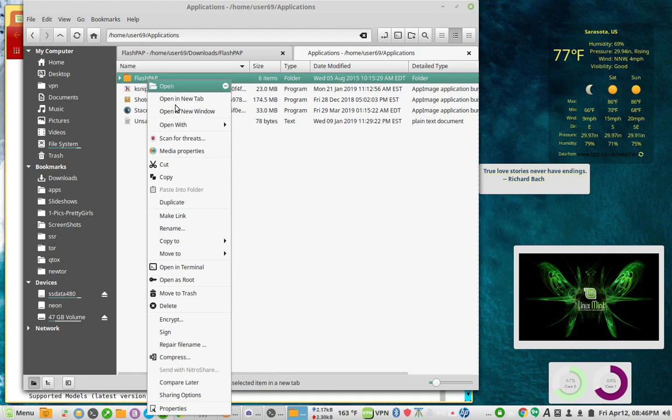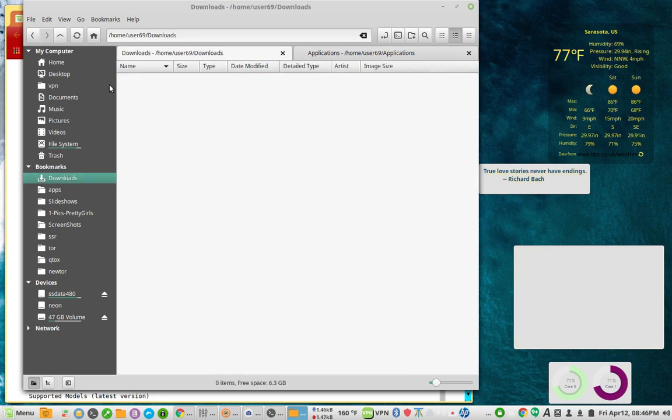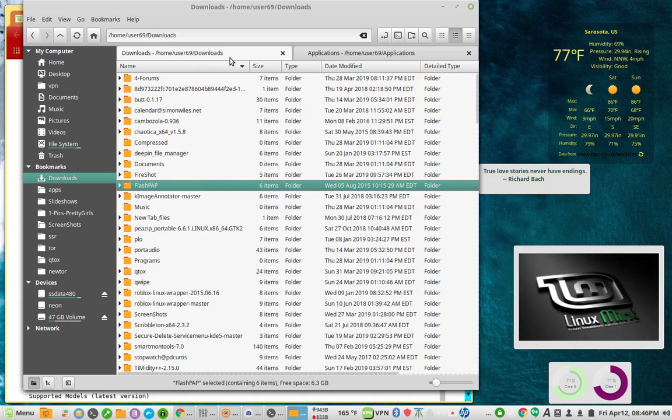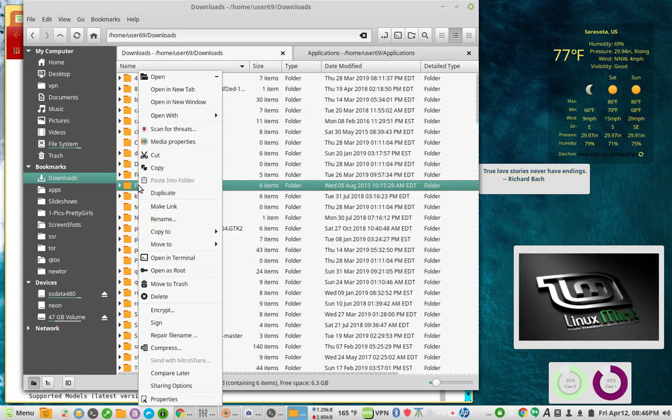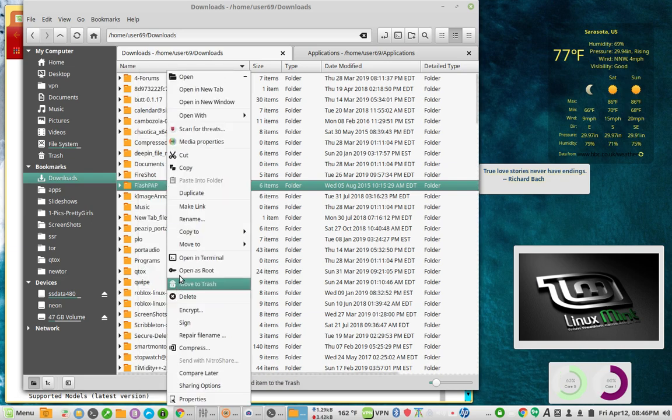Now I already had one in there, so I'm deleting that because I'm doing this over. And I'm going to copy the FlashPAP folder from my downloads folder, which I could right click and copy and then click on this and paste, or I could right click, copy to,